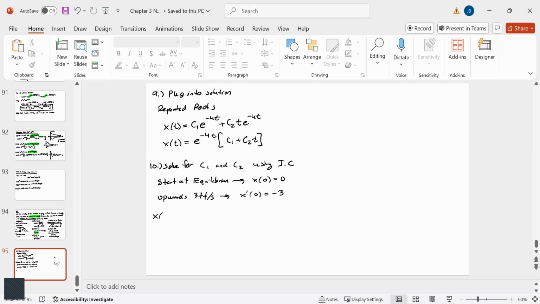So x of 0 is equal to 0. So 0 is equal to e to the 0 times c1 plus c2 times 0. So 0 is equal to c1. So c1 is 0. That can happen. You don't always have to get numbers for c2. And then taking the derivative,